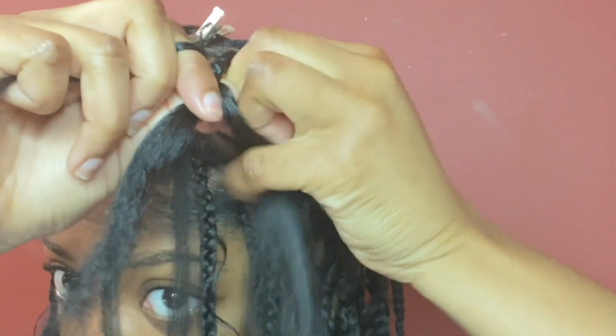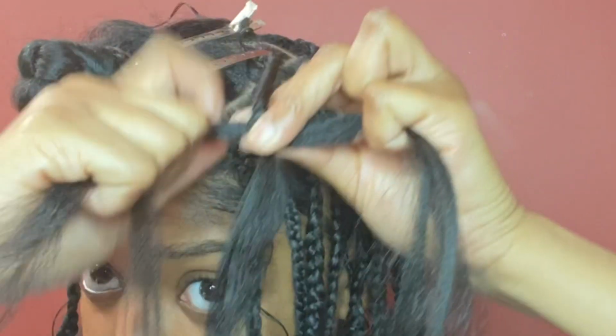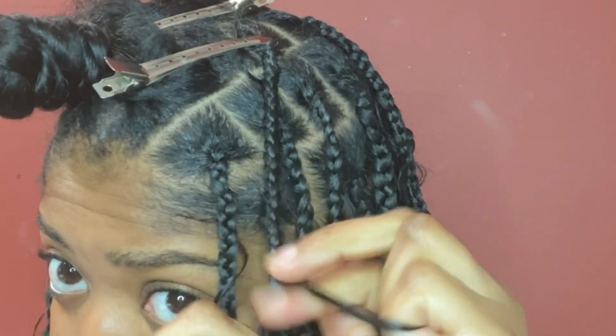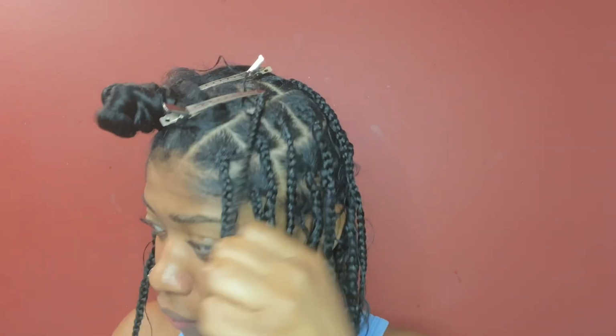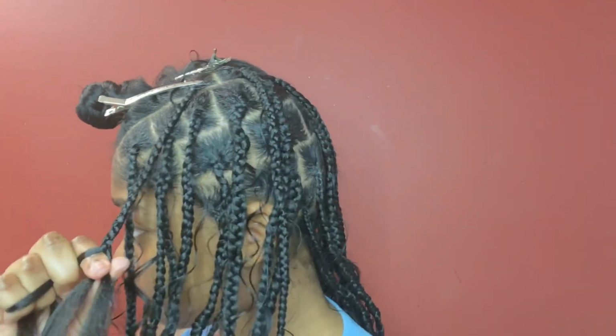So here's me showing it again, going underneath, which I feel is the easiest, grabbing it from the other side and just simply continuing to braid. I feel it's so much more simple, but you guys go ahead and do whatever is most comfortable to you. I did forget to mention that when you're adding the curly pieces, I always add